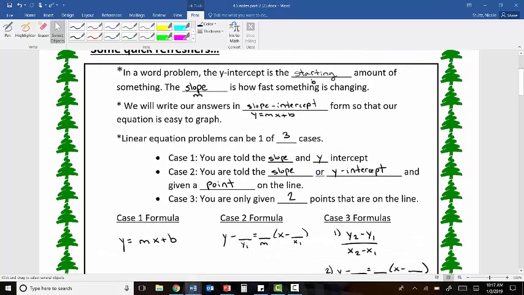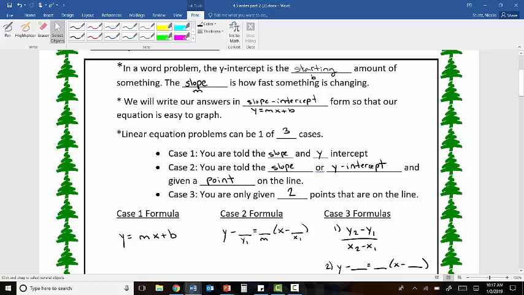Today we are going to focus mainly on word problems. Before, we were strictly doing case 1 word problems where I told you the slope and the y-intercept, and today we're going to do a mixture of case 1s, 2s, and 3s and what they look like for word problems. Just as some quick refreshers, I'm going to make sure we realize in a word problem the y-intercept